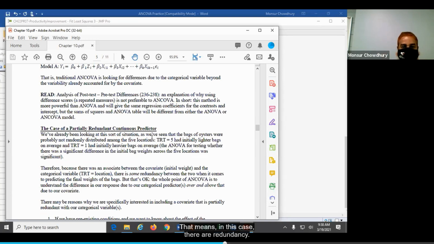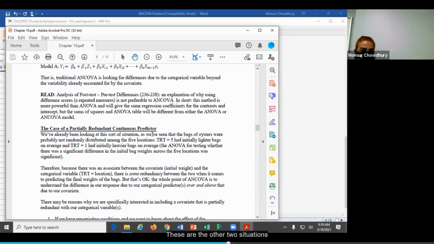That means in this case there might be redundancy. Redundancy means the covariates and the categorical predictors have some relationship. But we cannot ignore it completely. We expect that there is no redundancy, but if there is any redundancy, we call them partially redundant variables. But we are still using this.